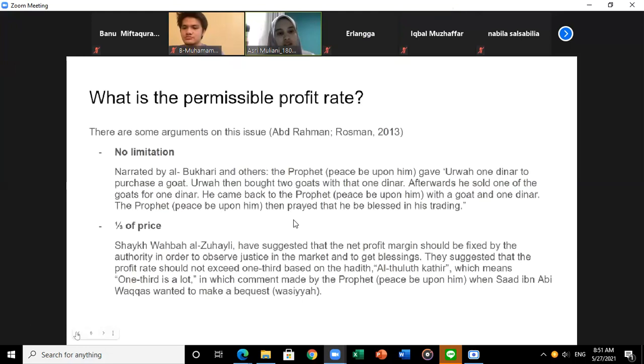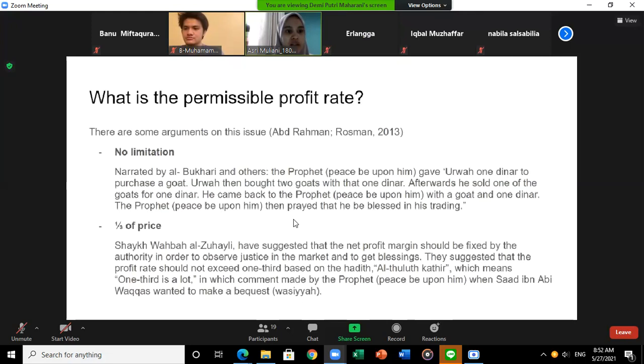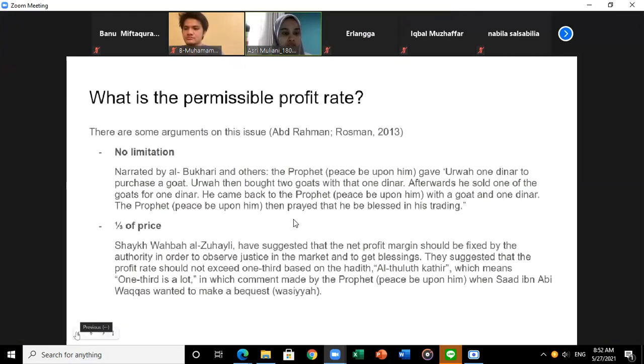Okay, now after we know that profit is permissible for sale, how much is it permissible? So there are arguments on this issue. The first argument said that there is no limitation, but the other argument said that it is permissible for 1/3 of the price. For the one who said no limitation, this is narrated by Al-Bukhari and others, that the